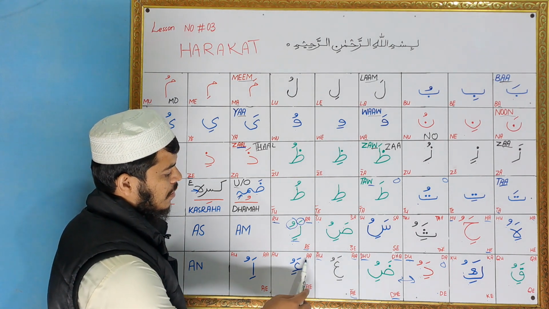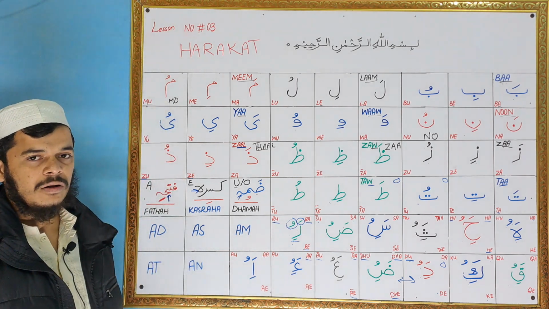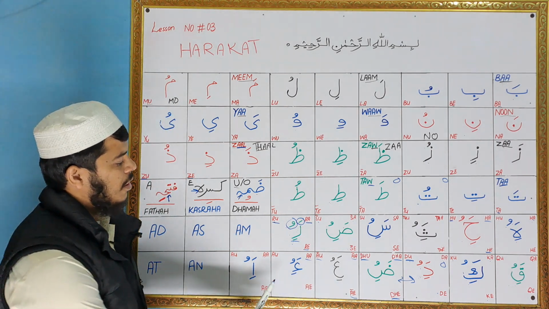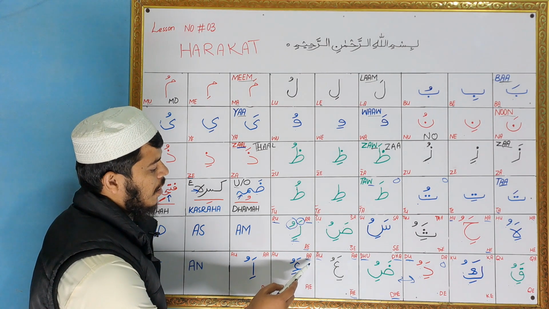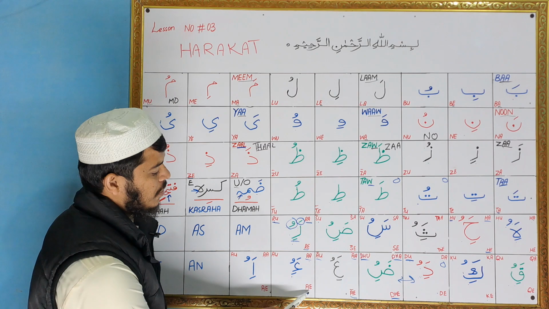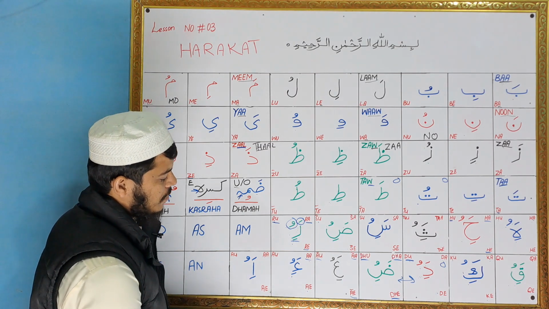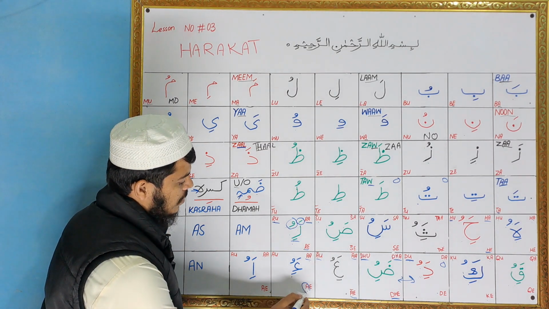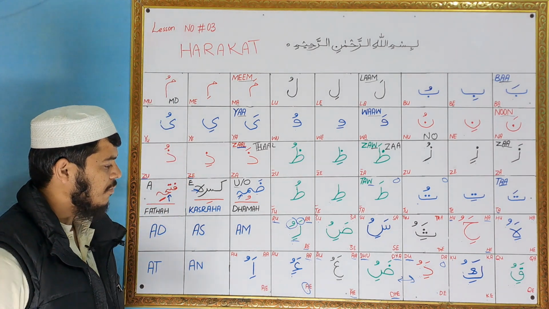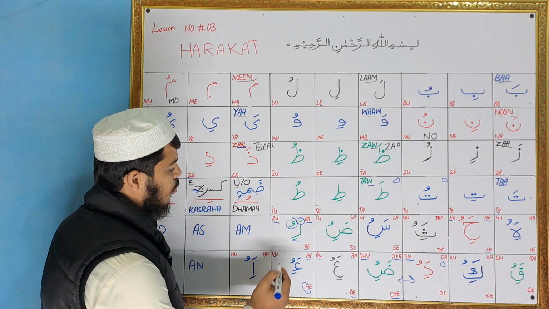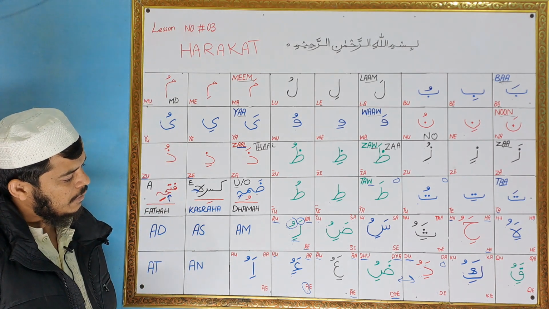And hamza is from the bottom part of the throat. Hamza fatha, a, hamza kasra, e. Basically you can think of just an e sound coming, not a. And hamza dhamma, u. Okay,